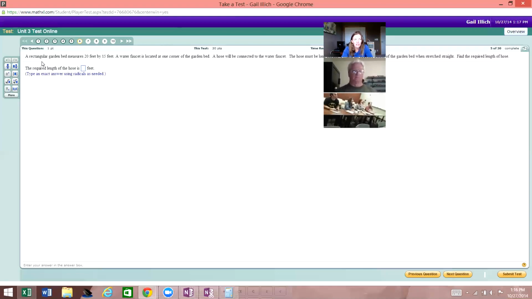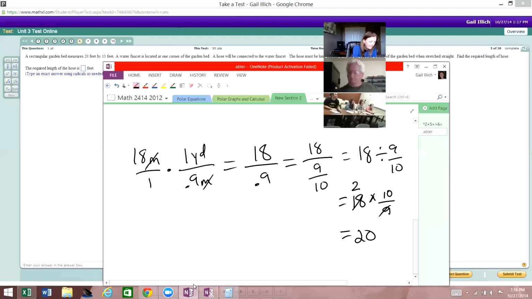All right. So a rectangular garden bed measures 20 feet by 15 feet. A water faucet is located at the corner of the garden bed. A hose will be connected to the water faucet. The hose must be long enough to reach the opposite corner of the garden bed when stretched. Find the required length of hose. Okay, so that sounds like a fun problem. Let me see here. Oh, it's just asking for